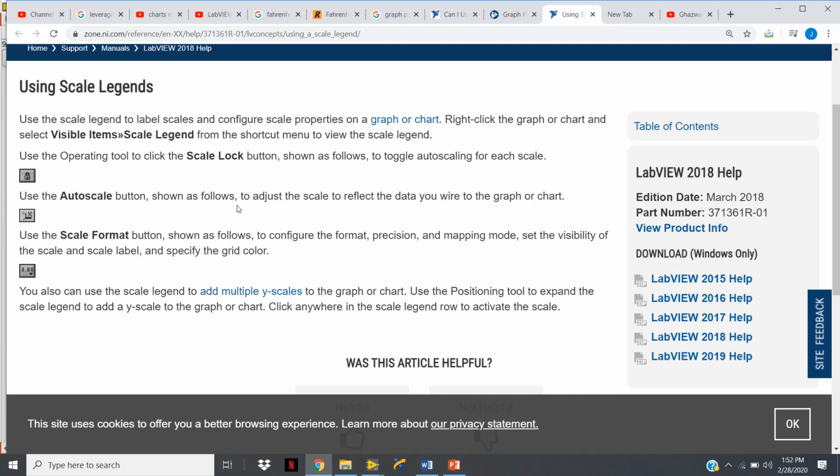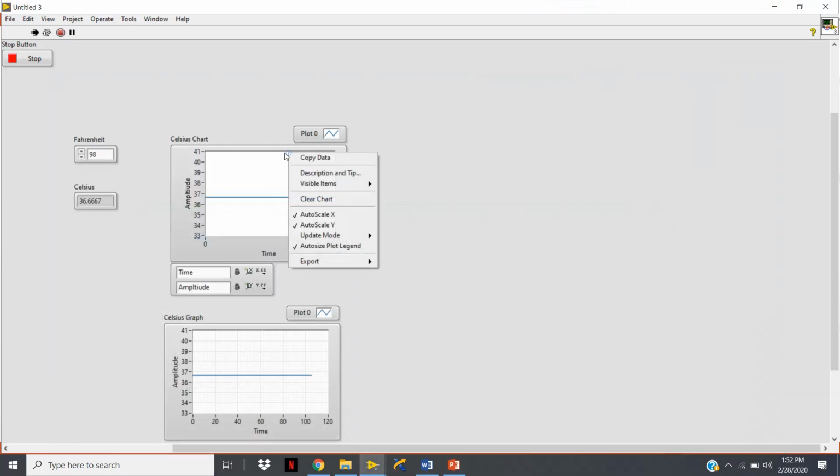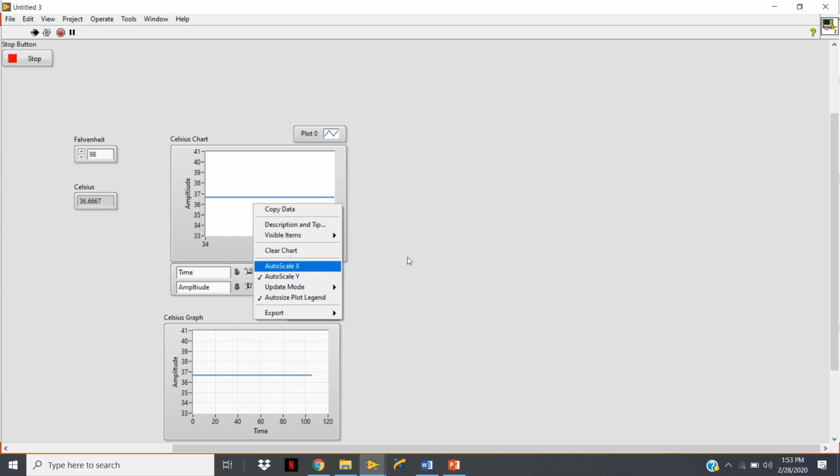This button, shown as follows, adjusts the scale to reflect the data you wire to the graph or chart. Say suppose at this time you disable the auto scale x and you want to see auto scaling for a few seconds. You can enable it. When you hold it, auto scaling will be enabled. When you leave it, then again auto scaling will be removed. And third,